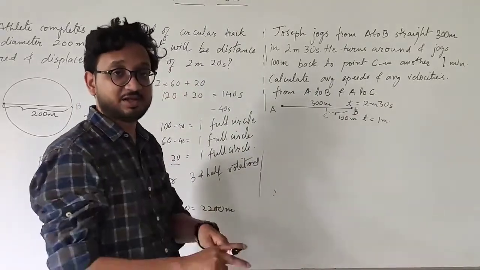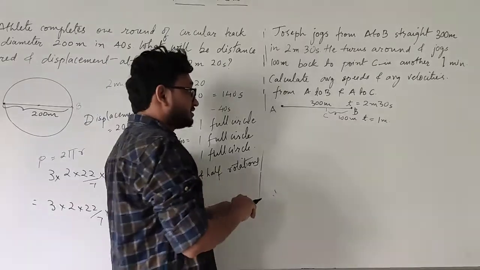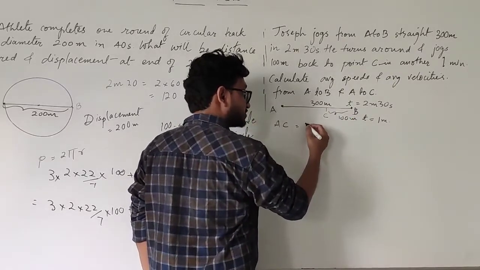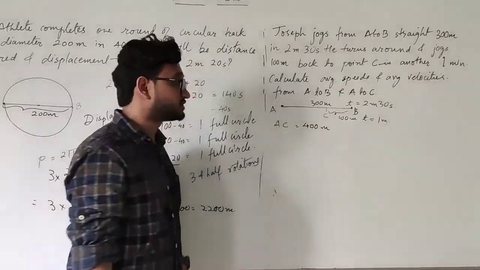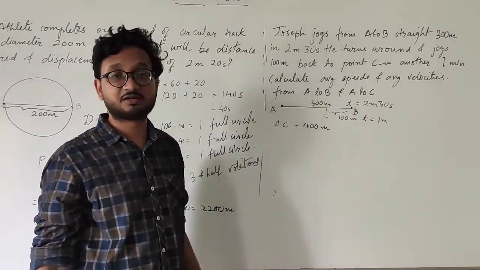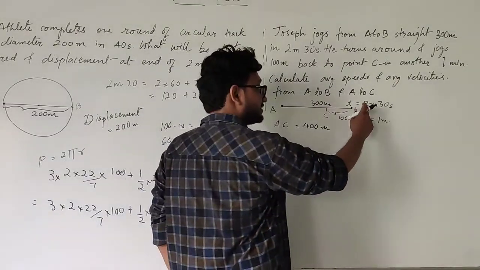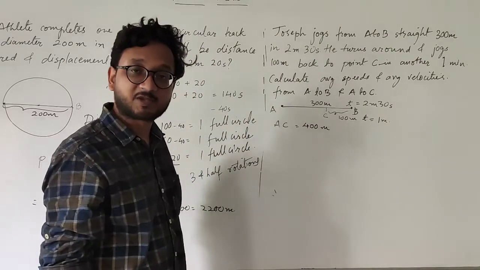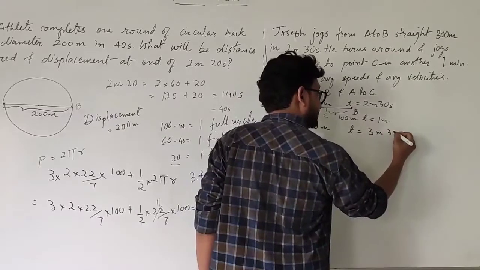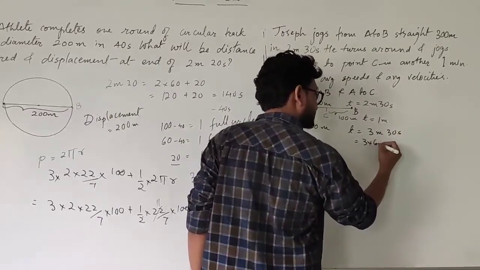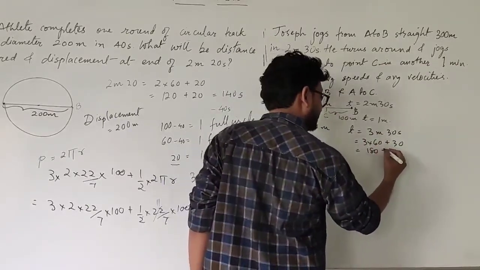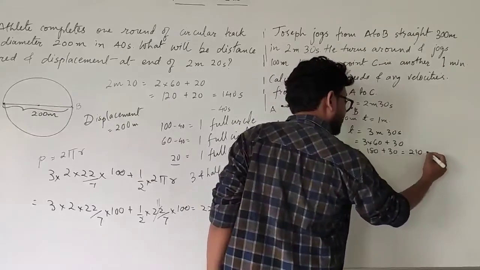But in the second case, what is happening? First, distance. We need to find the A to C distance. So it is 300 plus 100, so it is 400 meters. Correct? The total distance that the boy covers from A to B is 300. Coming back from B to C, it is another 100 meters. And the time is 2 minutes and 30 seconds plus 1 minute, so an extra 1 minute as well. So time is 3 minutes and 30 seconds. This becomes 3 into 60 plus 30, which is 180 plus 30. It becomes 210 seconds.